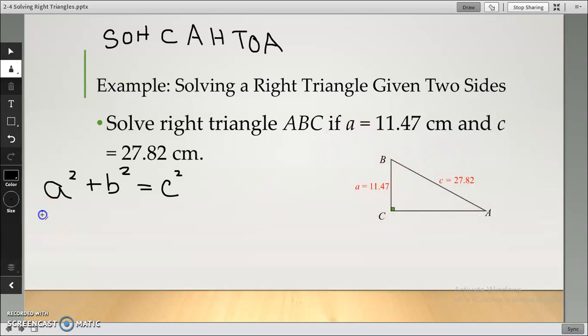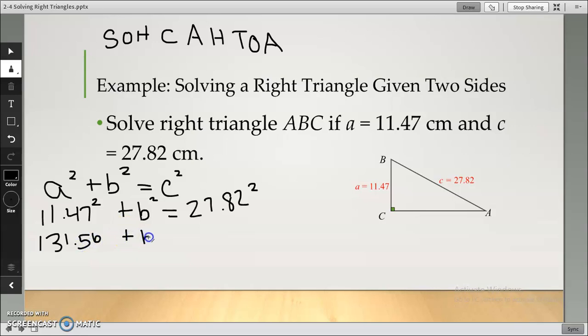So we'll plug in what we have. We have 11.47 squared. That's my A. I'm looking for B squared. And it's going to be equal to 27.82 squared. So I get 131.56 plus B squared is equal to 773.95. I'm going to subtract this 131.56 from both sides,